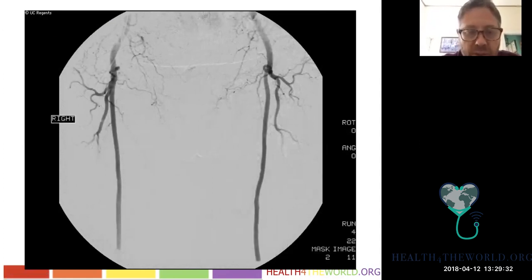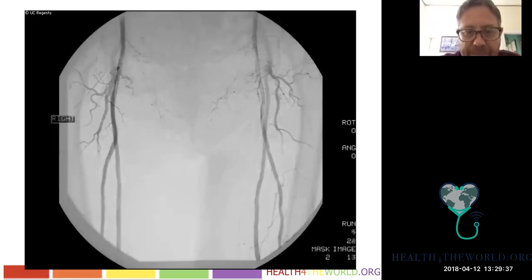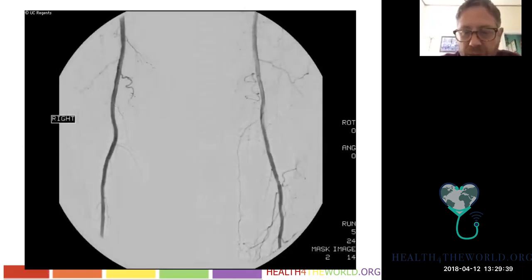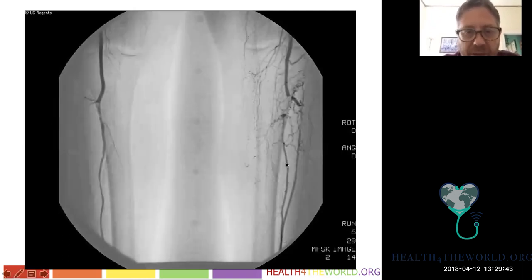And we start to do a runoff where we take pictures as we move down the leg and the thigh. We see that there's some irregularity here, but nothing looks too bad. And then we see occlusion here. And here we're below the knee. So this is the